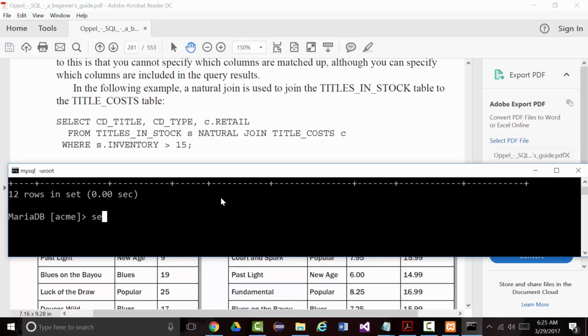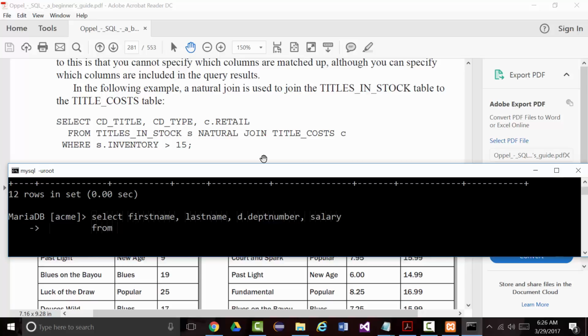So let's select, and notice on here, the only field that we have to put something in front of is the one that is in both tables. So let's select first name, last name, now the department number, so we'll use d.dept number,